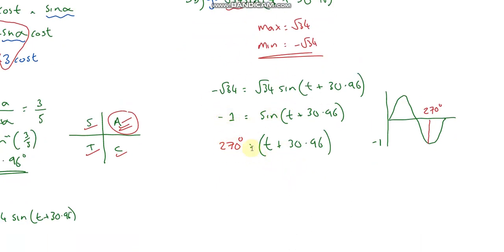So inverse of sine for -1 is just saying, well, where is sine -1? It's at 270. And now I can just rearrange that formula. So I'll take away 30.96. So I'll do 270, take away 30.96. So then t is going to be equal to